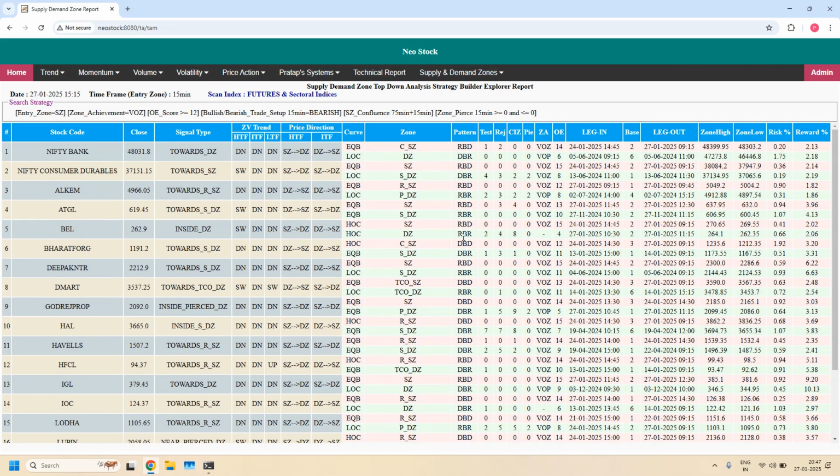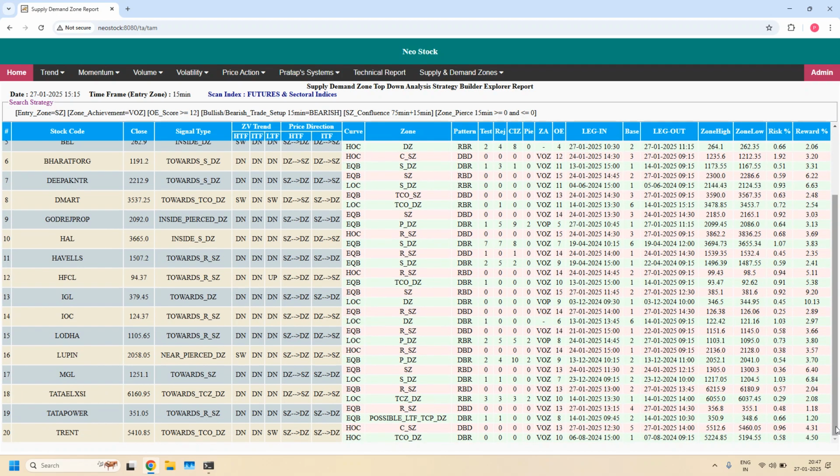That means in all these 20 stocks, these 15 minute supply zones are part of the 75 minute supply zone. So first 15 stocks. I am scrolling the list down. And in all these 20 stocks, the 75 minutes trend, ITF trend, is down, and the 15 minute zone is part of the 75. And if the 75 minute supply zone has daily EMA confluence, there are even more high probability trade setup